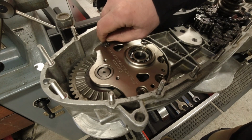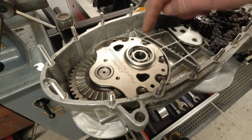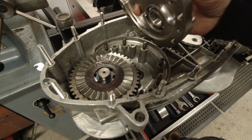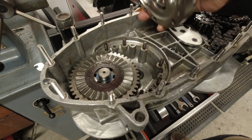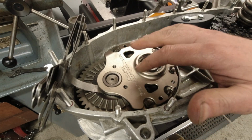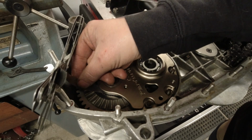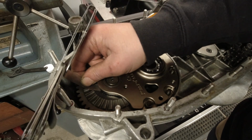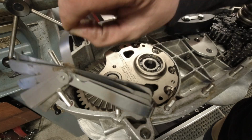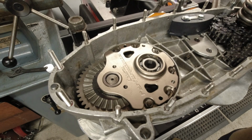So this is the main reason why I don't fit the end plate dowels or the gear cluster. Once I've undone those bolts, I can just simply lift it up. Just saves me a lot of hassle trying to press these buggers out. Right, I fit a 1.3 shim in there, which I actually measured to about 1.35, and my 0.06 shim just goes under there nicely. So that means I've sorted that bit out, and now is the difficult bit,